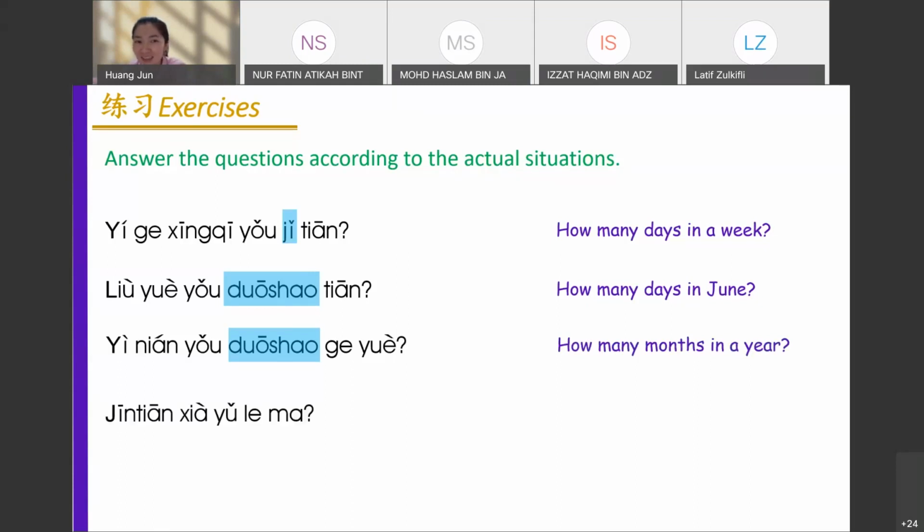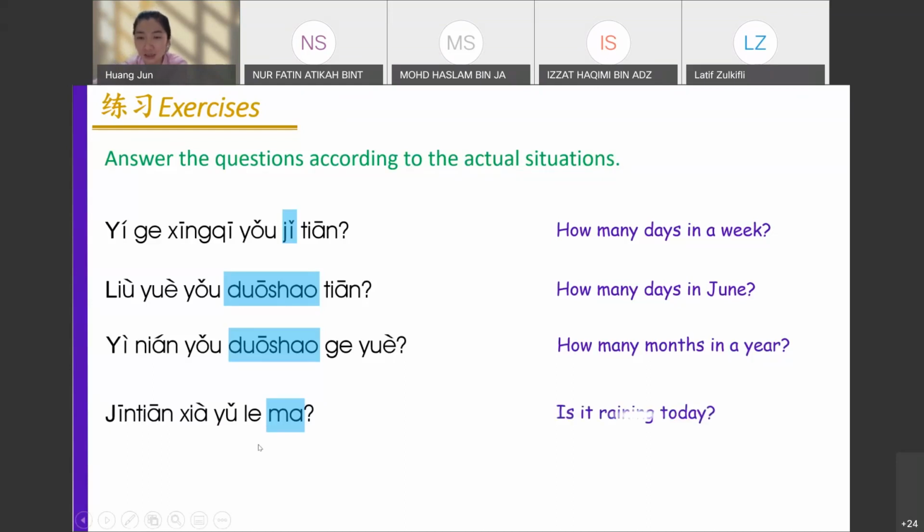Then 今天下雨了吗? Question word, which one? Very good, it's 吗. So it's asking a yes or no question. 了 means already. 下雨, raining. 今天, what's the meaning? Same like 6月有多少天, 天 means day. So 今天, today. Very good. So, today is it raining?